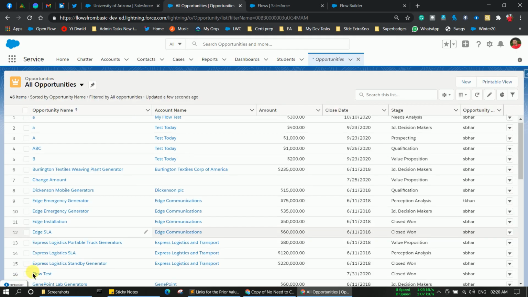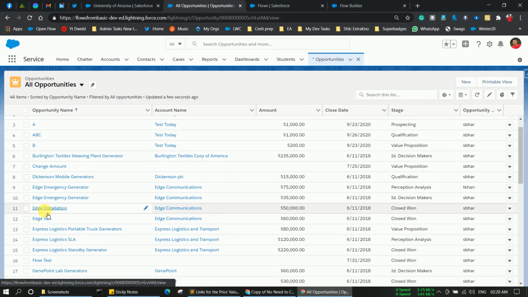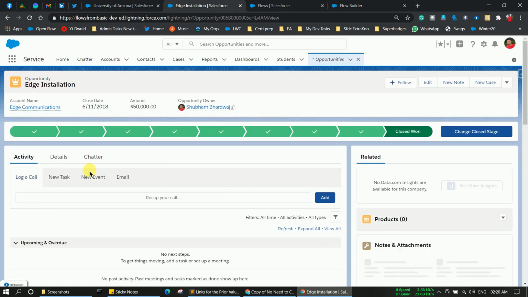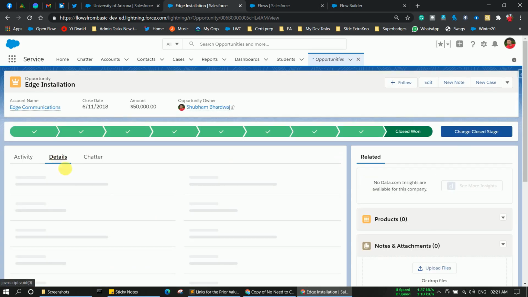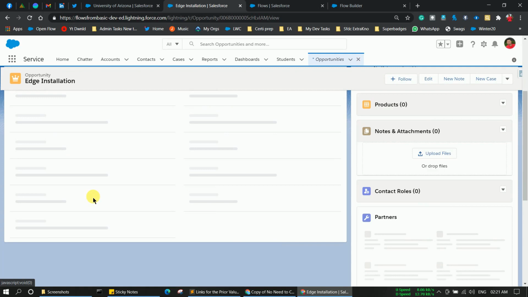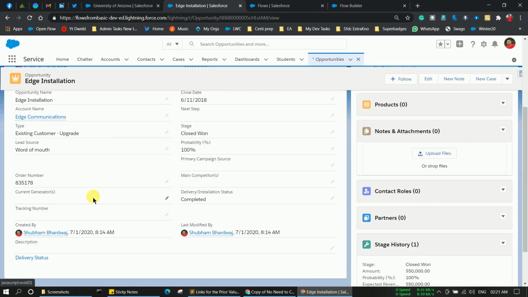So let's choose edge installation over there, and as you see, amount is greater than 1000, so it will also run. Currently I will let you know the value of the description field. As you see, currently it is empty.